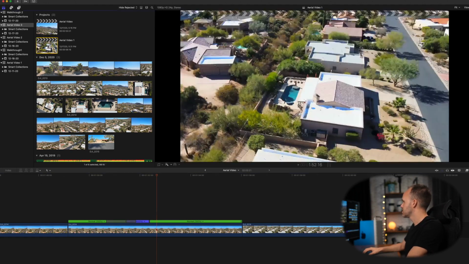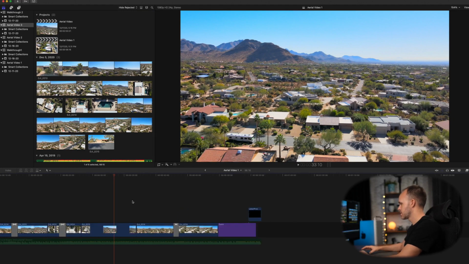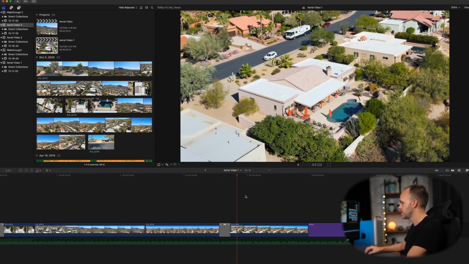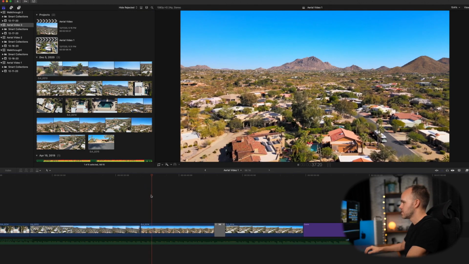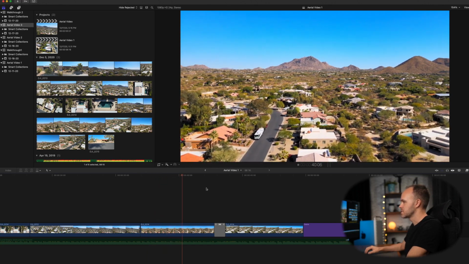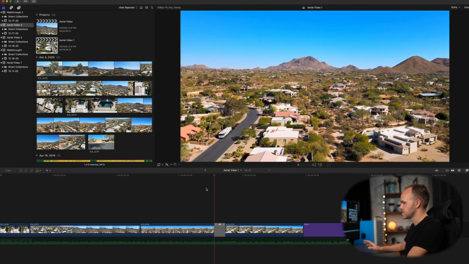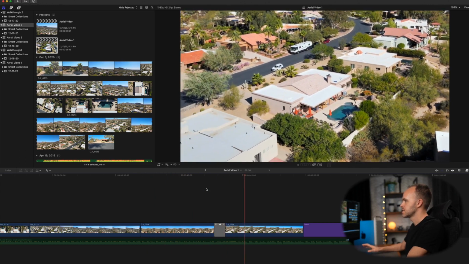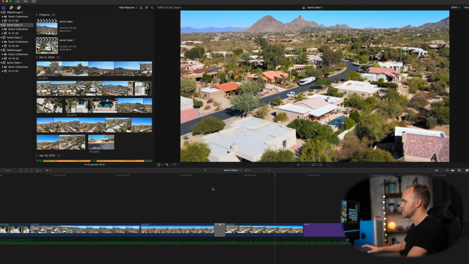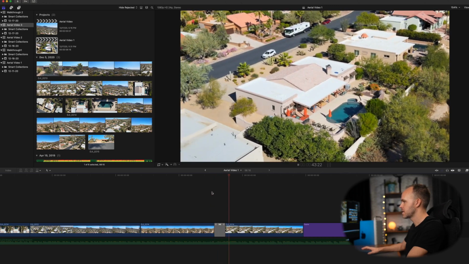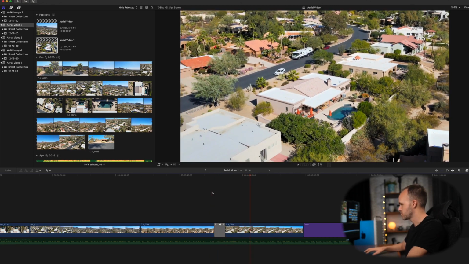Now, about speed ramping, I believe this last clip on this aerial video that I did, in my opinion, I thought it was a little bit fast after a particular point. So I liked it at the beginning right here. Let me hit pause. So right about there is when I would like to start slowing down the clip. So actually we'll just hold down B and cut it right there. And then right here,